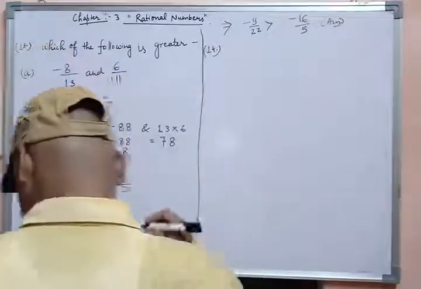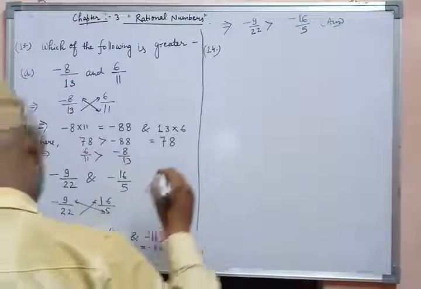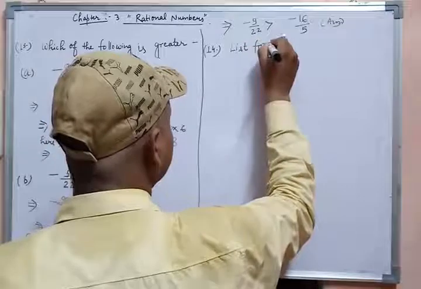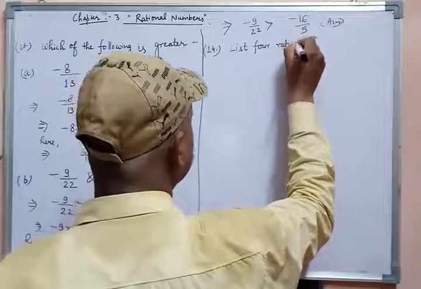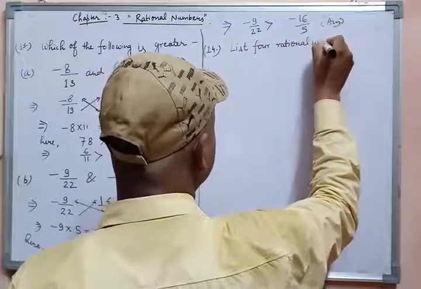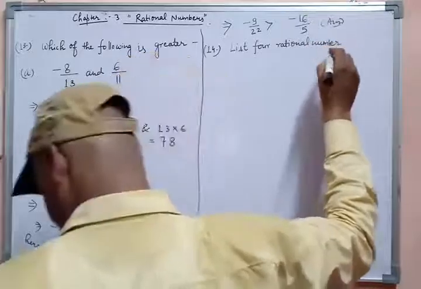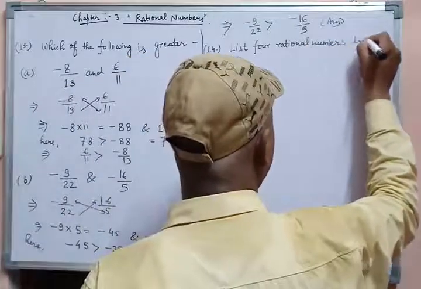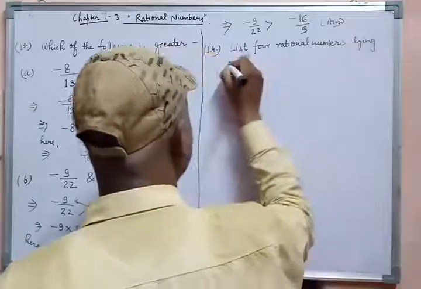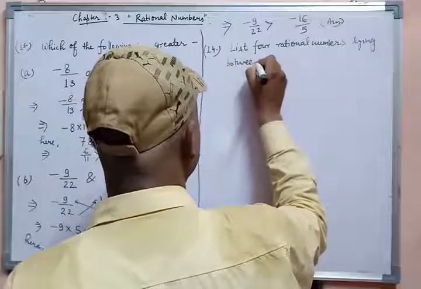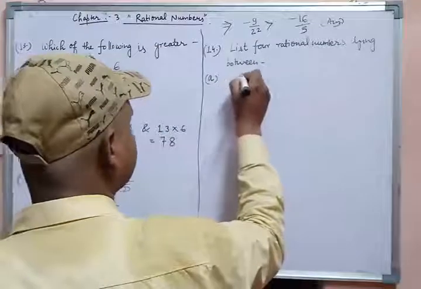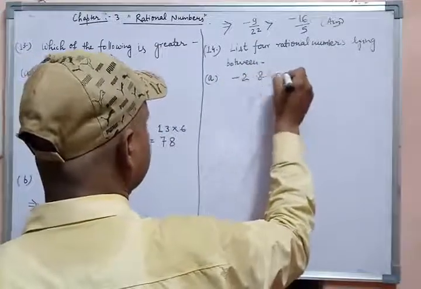Last question is: list 4 rational numbers lying between -2 and 0. So students,